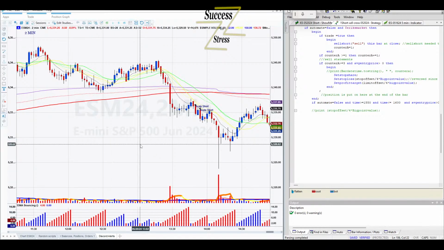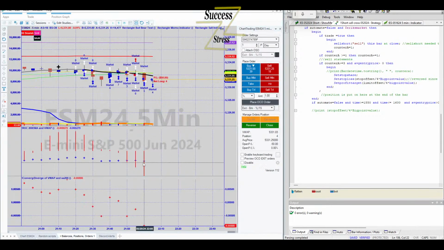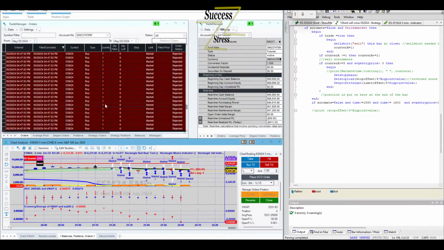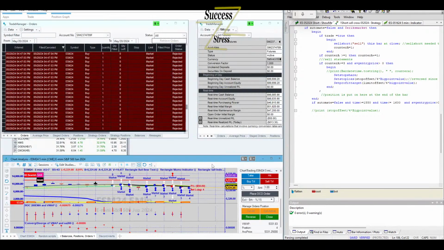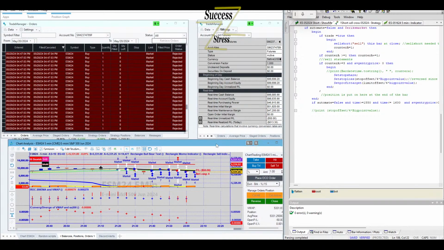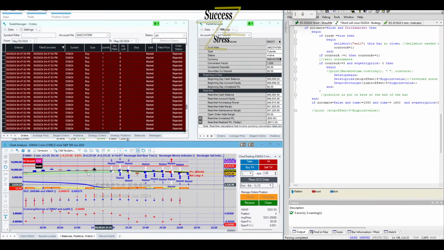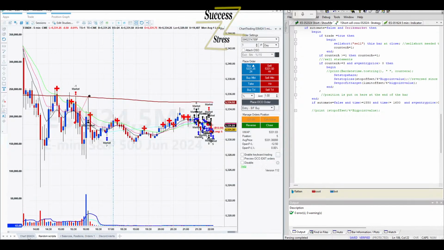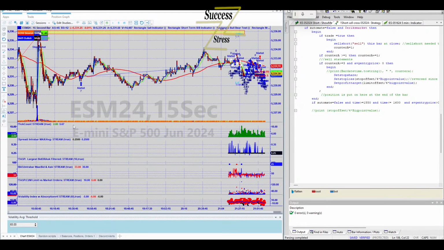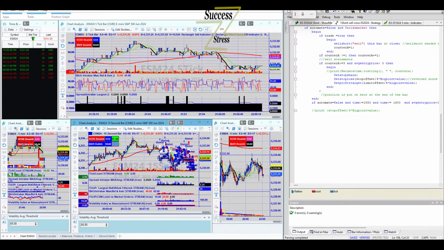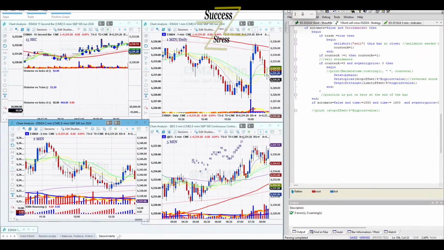All right, but then when you come to the balance, I don't have strategy automation on here, because typically I run strategy automation on here and you'll see the green SA right there. But I'm not seeing alerts on here, nothing on there. I don't know what I've got taking orders right now.